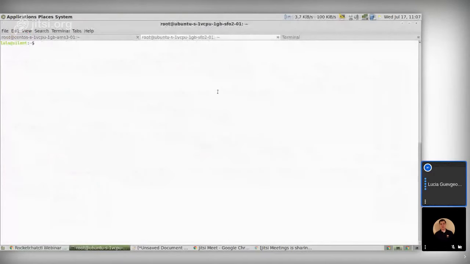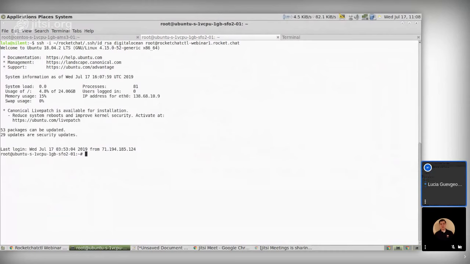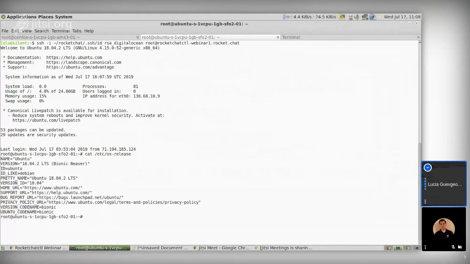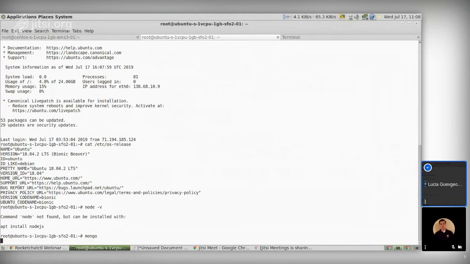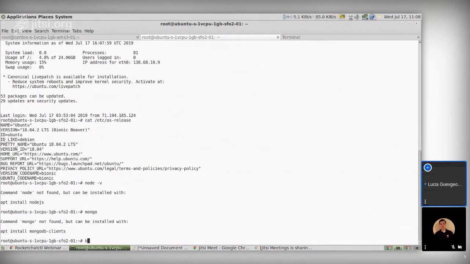Let's look at another server that is a brand new server, so there's nothing previously installed here, and I configured the DNS record pointing to this server's public IP because I'm going to be using the auto SSL feature. So let me show you that. This is an Ubuntu 18, one of the supported versions for rocketchatctl, and Node is not installed there. Mongo is not installed there either. So I'm going to write it,